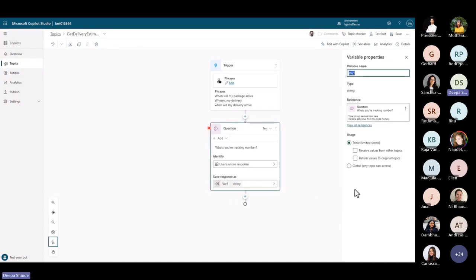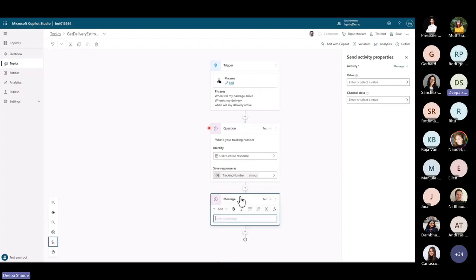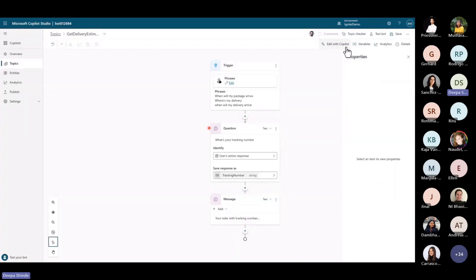Pulling user response, creating a variable to store that tracking number that the user is going to give, then sending a message using that tracking number that was stored in the variable.